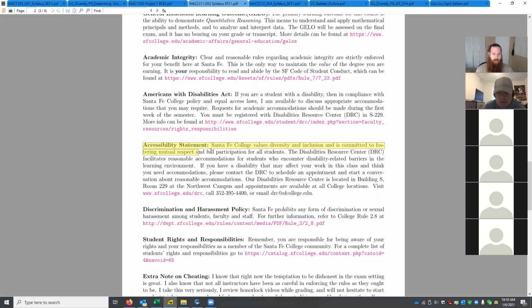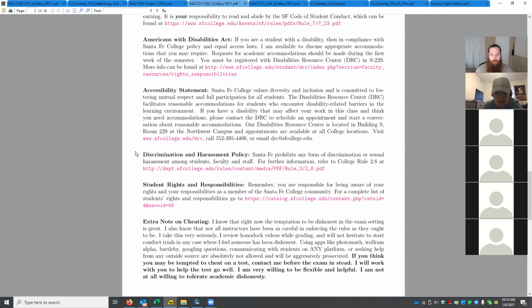Accessibility, similar kind of thing. If you have any trouble accessing or reading the material for this class, I publish everything as PDFs in LaTeX, which works well with screen readers and most extra little bits of hardware to help people read or hear things. If you have any trouble with any of that stuff, just let me know and I'll work with you to get you a screen reader or a note taker or whatever it is that you need to succeed in the class.